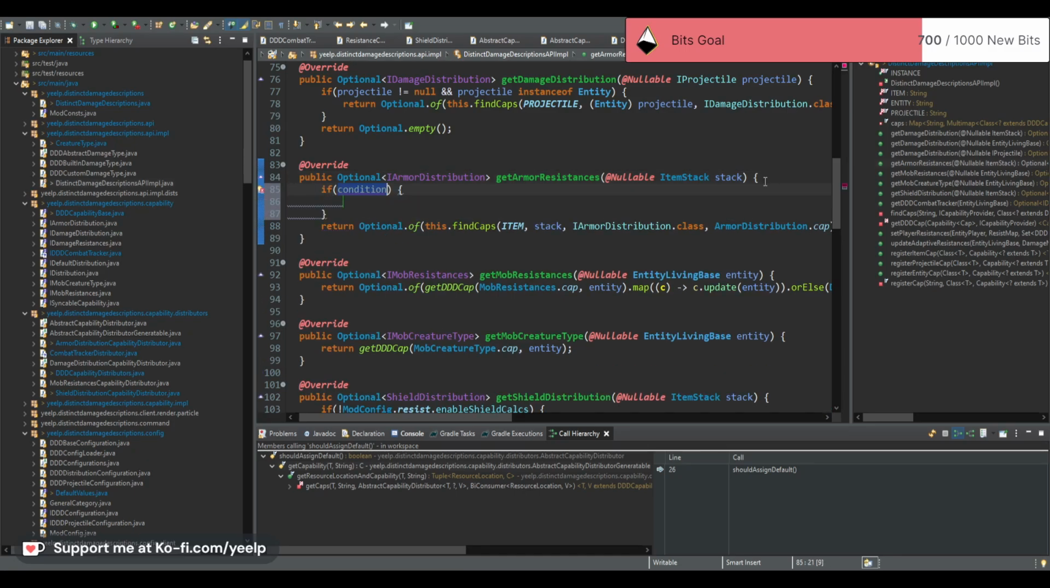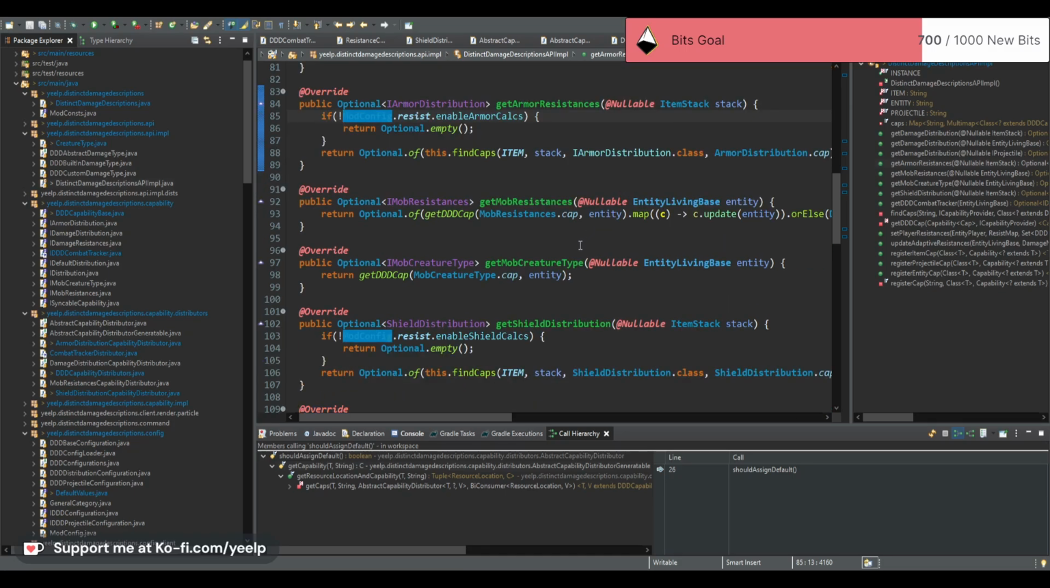If optional dot what might mod config dot resist dot enable armor calcs, return optional dot empty. Now we need to quickly make sure that we put an exclam there. Okay, so now it won't